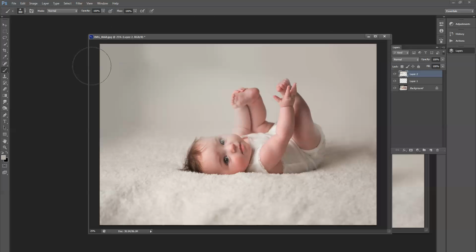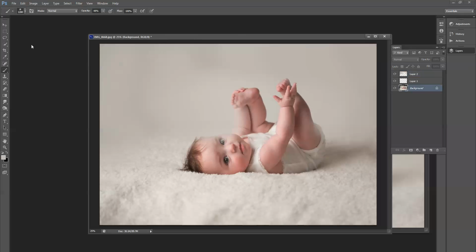So I want to make this corner up here a little bit paler, so I'm going to make a big soft brush, lower the opacity down. Okay, so that line is gone now, so we just have to mask back where it has gone over the